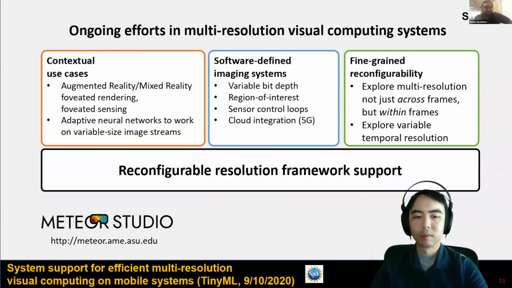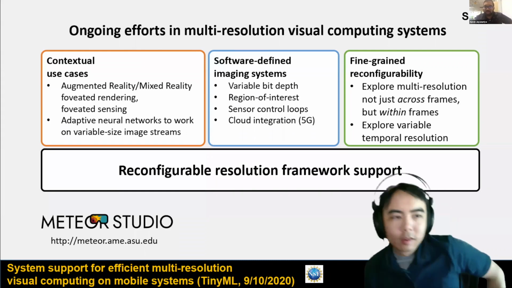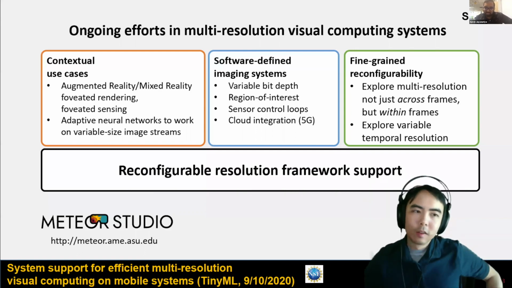So I'll start off with this idea of fine-grained reconfigurability. One of the attendees asked, rather than switching resolution, would it be worth trying to have high resolution in the center of the vision and lowering the resolution far from the center? And maybe how would you start to investigate questions like this?